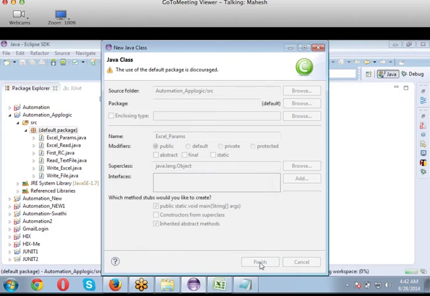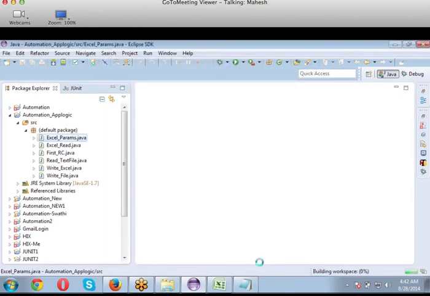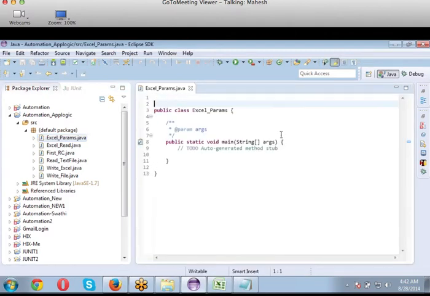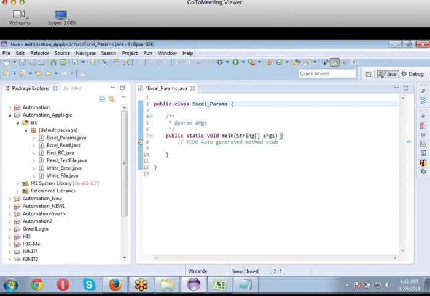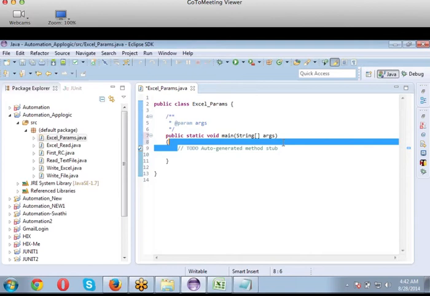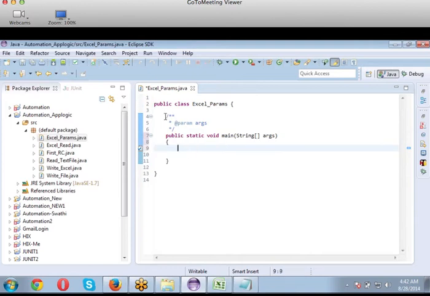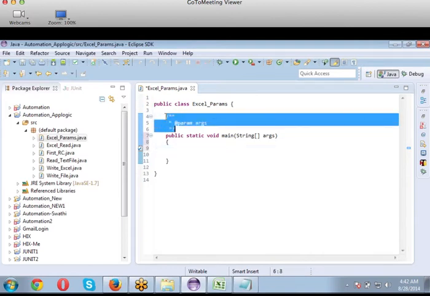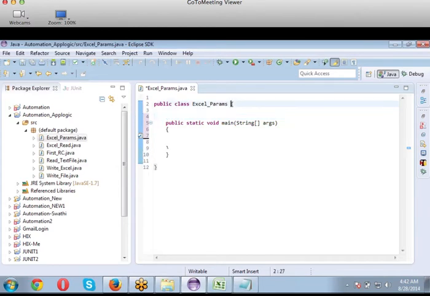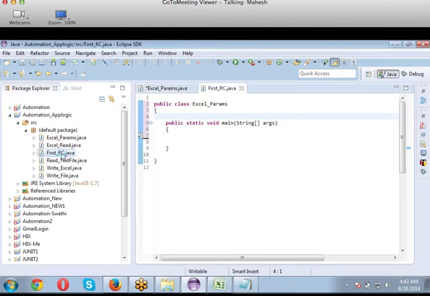In the procedure, as you all know, you need to call a default Selenium instance which opens up a browser for you, right? So this is my default Selenium code for opening a browser in my first RC, right?